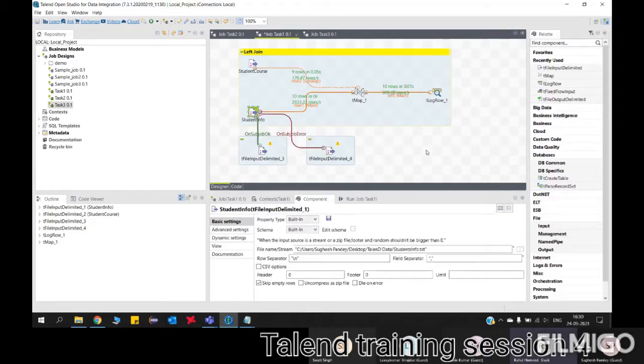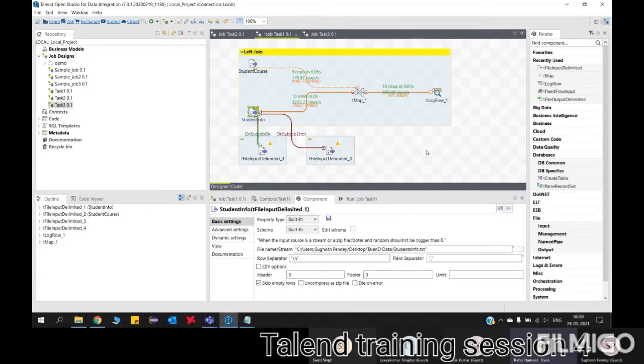Now you can see the difference here, guys. On subjob ok is in green color. On subjob error is in red color. So if something fails in the current component, your student component, then it will go to the on subjob error link, and the on subjob ok will not run. If the current component execution went well and there is no error, then on subjob error will not work, but your on subjob ok will run. So these are the different links and the differences in Talend.